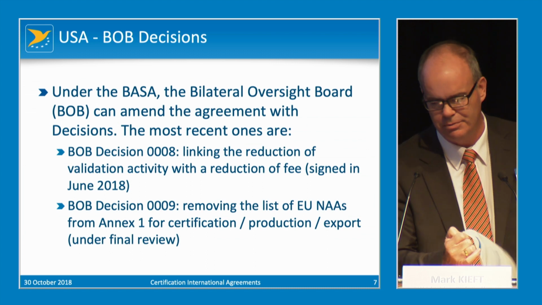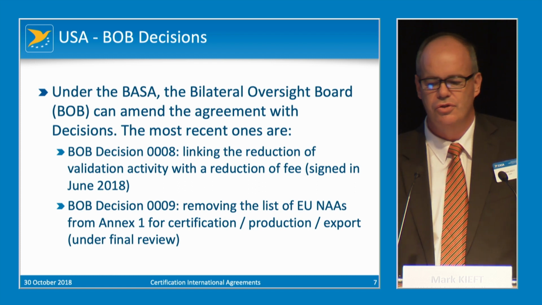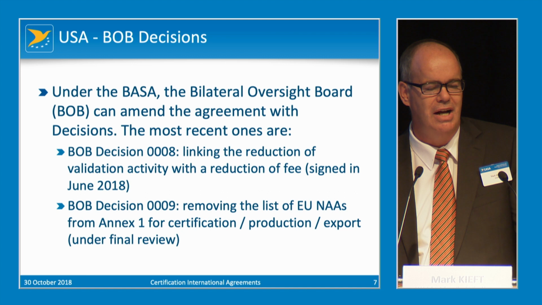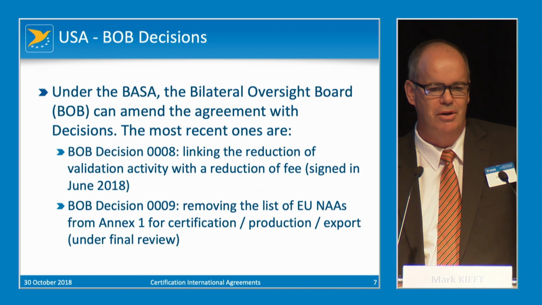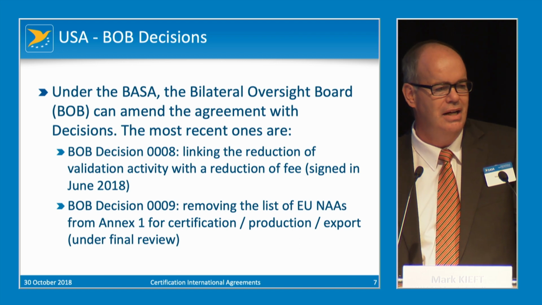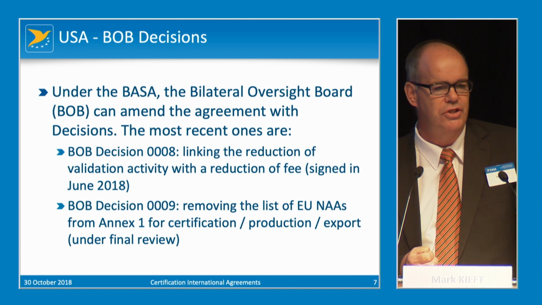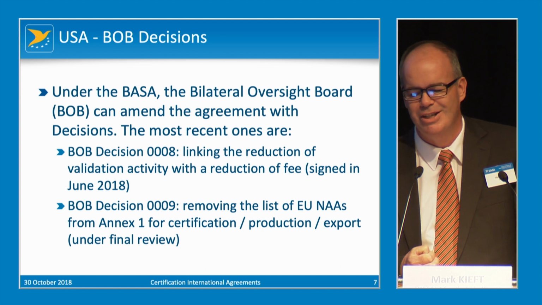So on the USA, recent updates, the BOB decisions. So the BOB is a body formed at political level which can make decisions and uphold the agreement. The BOB can make decisions which amend the agreement. A couple of decisions that are coming out or in the process of being issued at the moment, BOB Decision